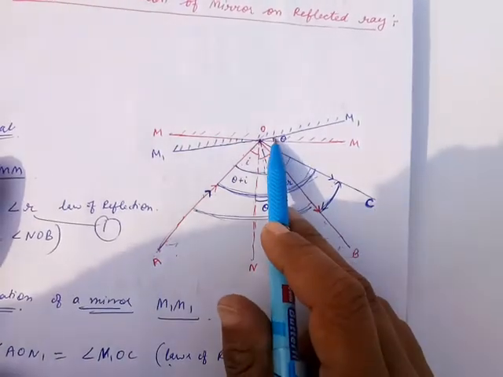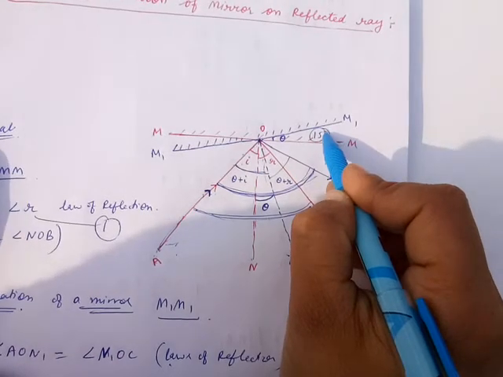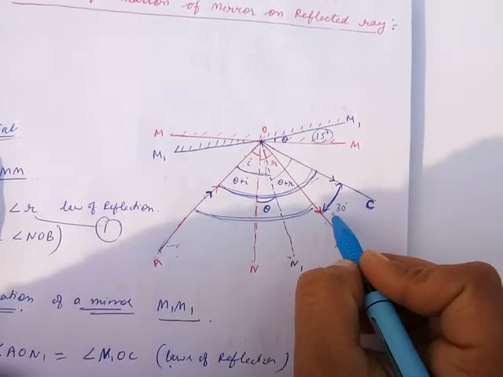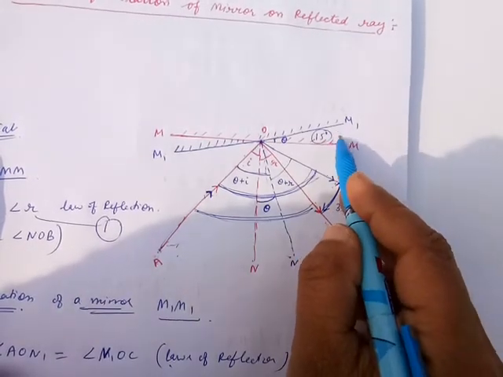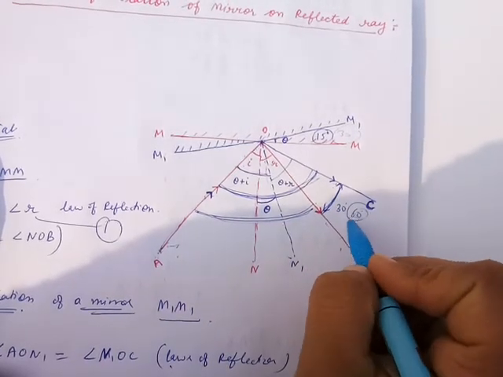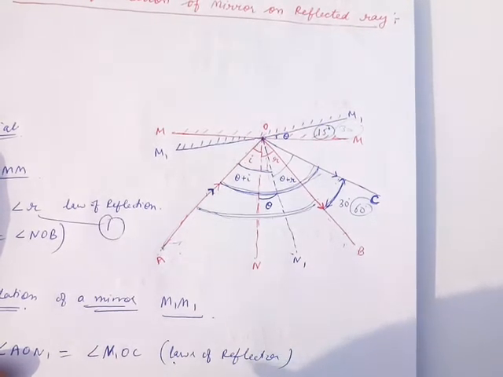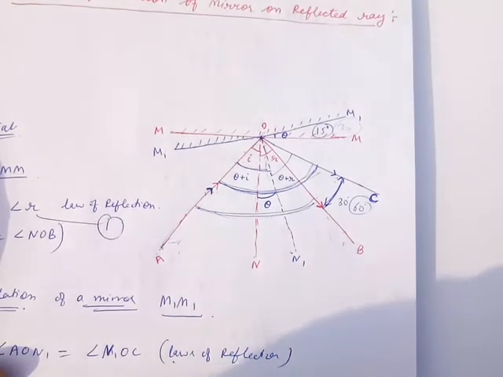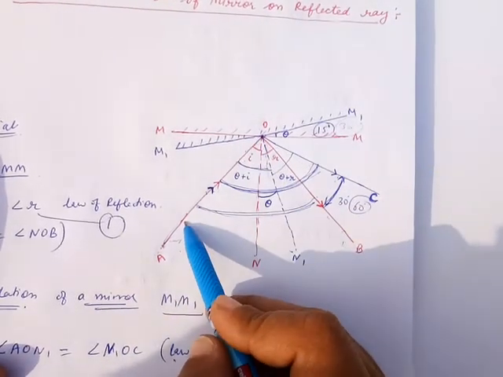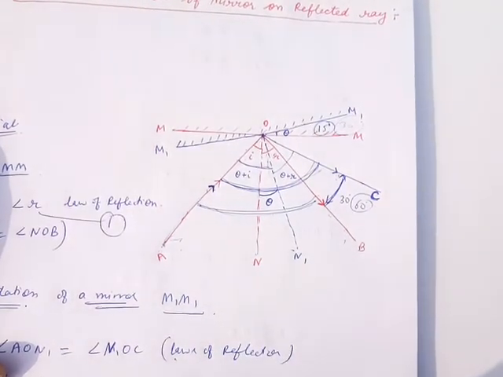It means if you rotate the mirror by this theta, say 15 degrees, then how much does the reflected ray shift? It shifts 30 degrees, it becomes double. If you rotate the mirror by 30 degrees, then the reflected ray shifts by 60 degrees. So this is the effect of rotation of a mirror on the reflected ray. Keep in mind that we take the incident ray the same, and only the reflected ray is affected by the rotation, that we just discussed.